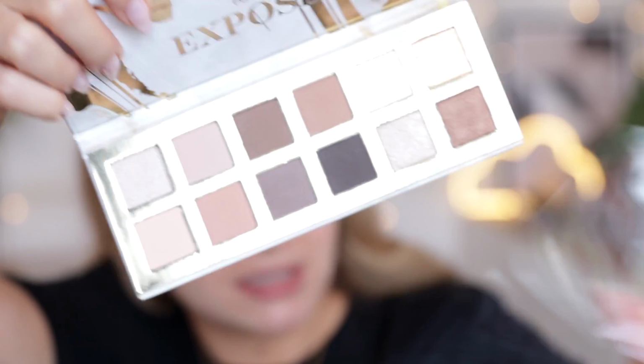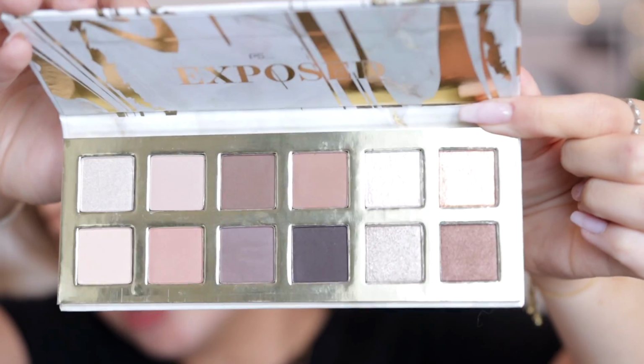I'm going to take off the name sheet because I'm probably just going to lose that. I thought the shimmers in this looked really pretty. And what I'm going to put on my...